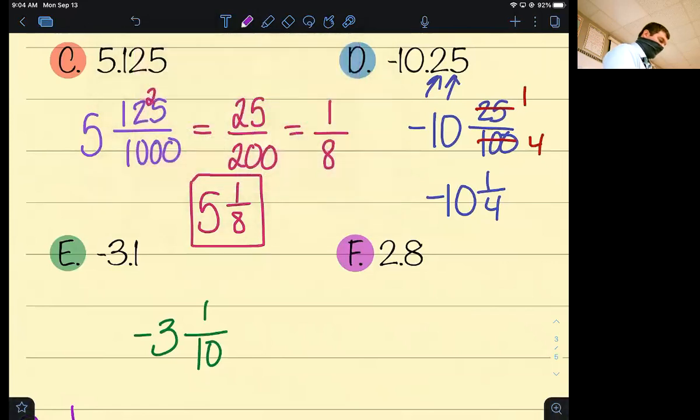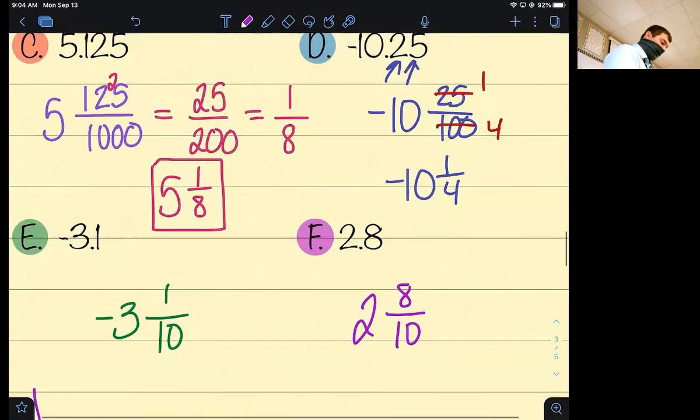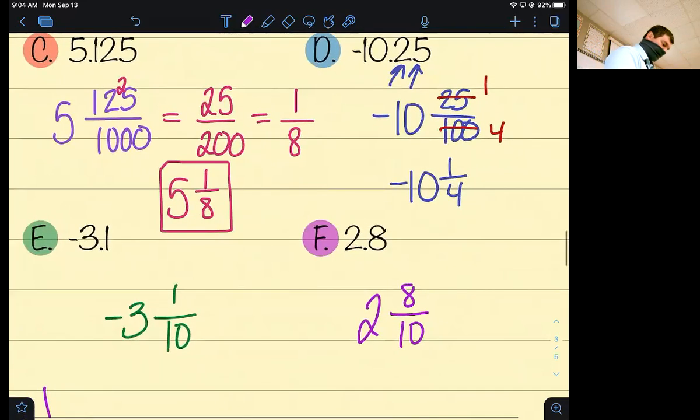Example F. Is there anything in front of the decimal? Yep, write it in front of the fraction, make it a mixed number. Okay, and write the 8 over its place value. What's the first decimal column called? The tenths column. Okay, this one's going to reduce. Maddie, can you tell me what it reduces by? And that's going to give us 2 and